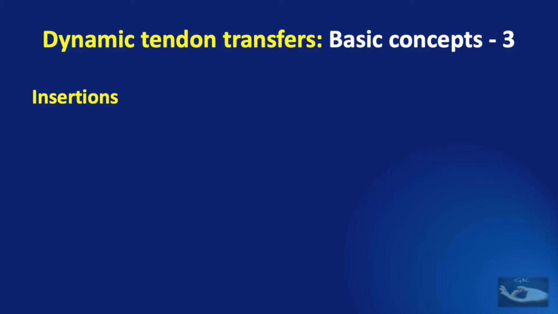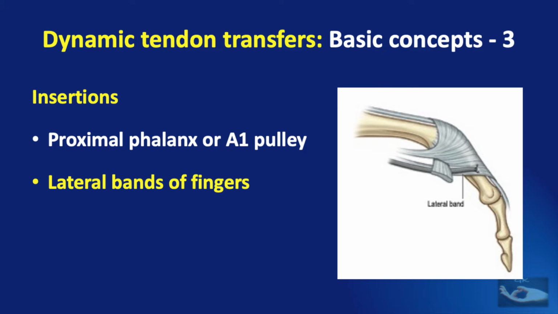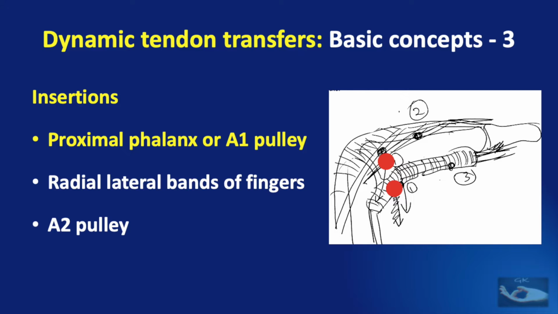Irrespective of the motor and the route, the point of insertion has a big role to play in deciding what movement is going to be achieved by the tendon transfer. There are three main points of insertion: the proximal phalanx or A1 pulley, the lateral bands of the fingers, or the A2 pulley. When the insertion is on the proximal phalanx or A1 pulley, the main function achieved is flexion